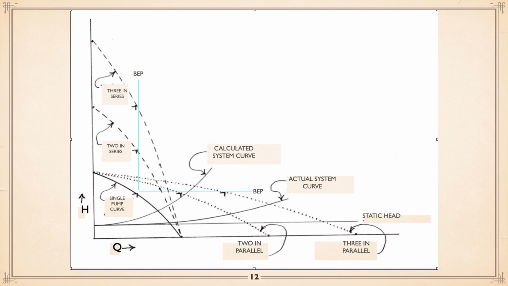Put two pumps in parallel, the head doesn't change at any point, but the capacity doubles. So you see, with two pumps operating, based on the calculated curve, we're almost at best efficiency. With three pumps, we're nicely to the left. Boy, that looks good. Then you get it out in the field, and you find out the actual system curve